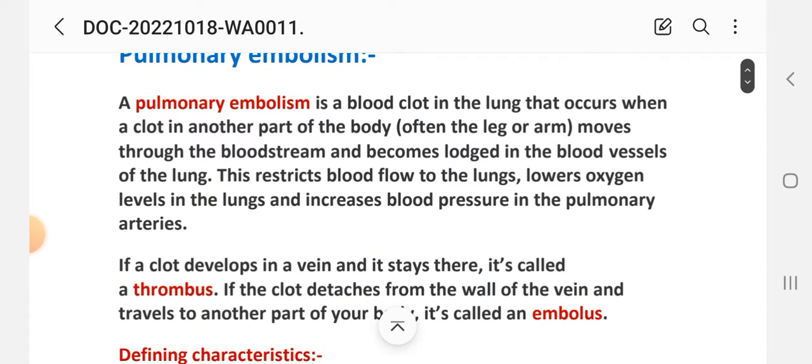A pulmonary embolism is a blood clot in the lung that occurs when a clot in another part of the body, often the leg or arm, moves through the bloodstream and becomes lodged in the blood vessels of the lungs. Pulmonary embolism is a blood clot